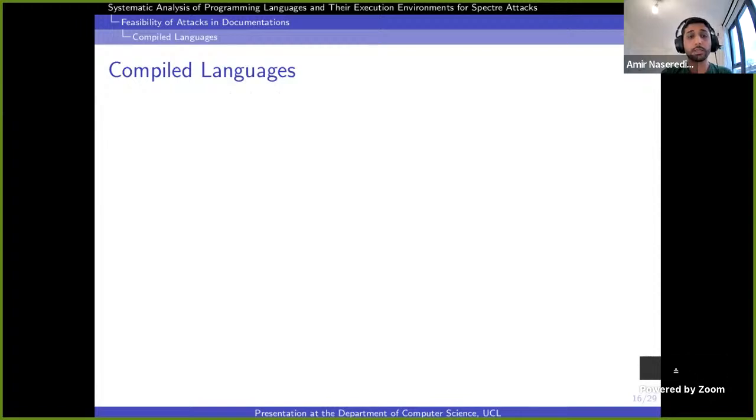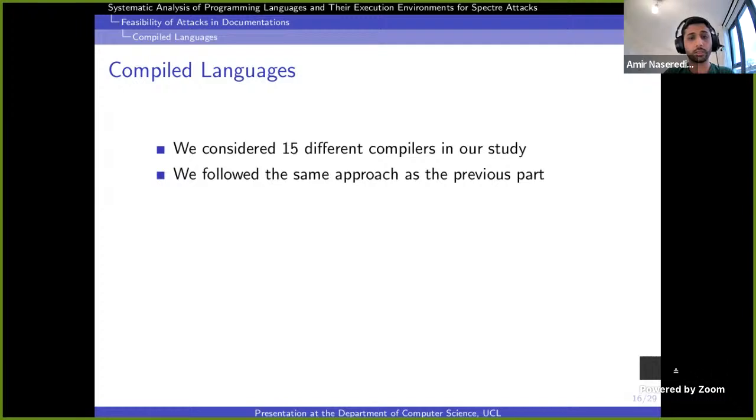The next one is compiled languages. We took a look at 15 different compilers in this work, and we followed the same approach that we did in the previous case.